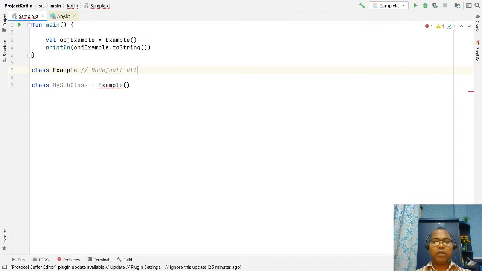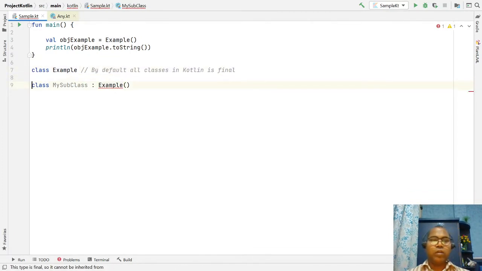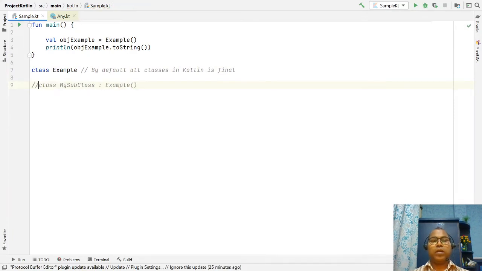By default all classes in Kotlin are final, so you cannot inherit. So how to inherit?